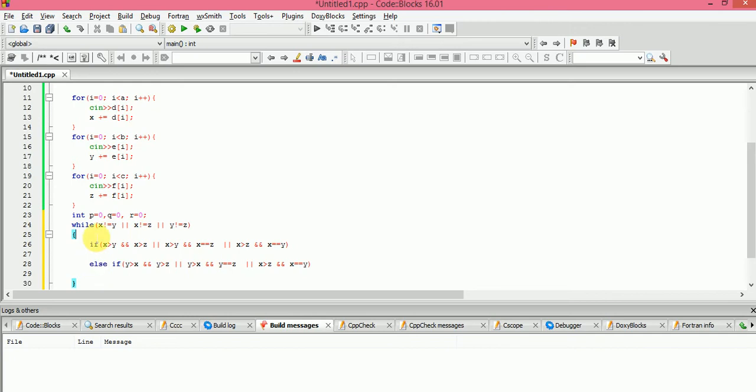Where will we stop? When x is equal to y, or x is equal to z, or y is equal to z. Only when all three are equal do we stop. If they are not equal, we check again and again and keep removing. Here I have checked if x is greater than y, this means x is greater than y and z both. If that is not possible, then if x is greater than y only, or x is greater than z only, then we will remove